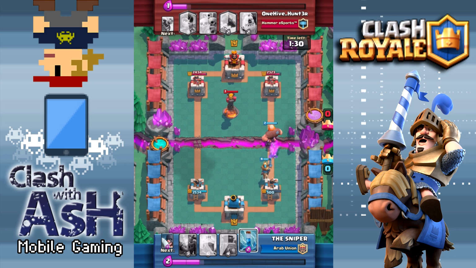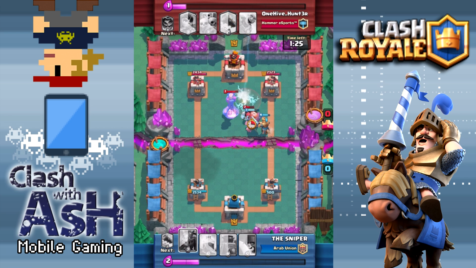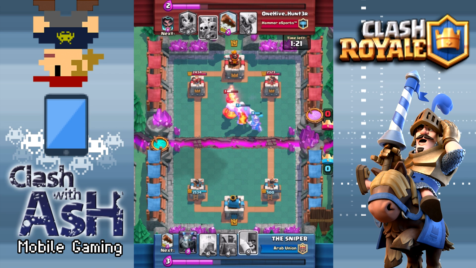But this time, it's probably not going to work out so well for the Sniper as he plays that giant right into the Inferno Tower, and boom, Hunter there with that Ice Golem to stop that prince's charge. Now the Inferno Tower is going to have plenty of time to take down that giant, and he's just going